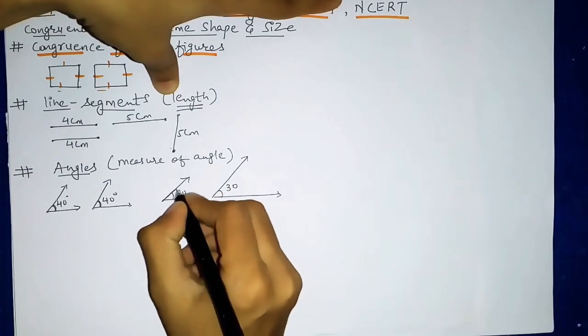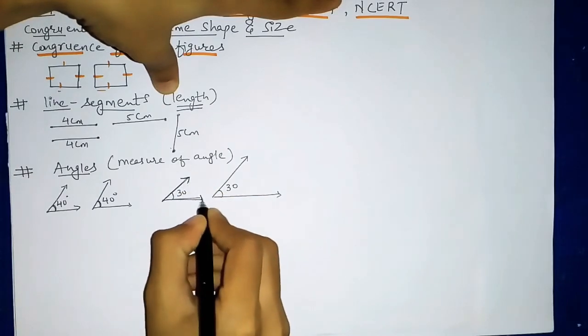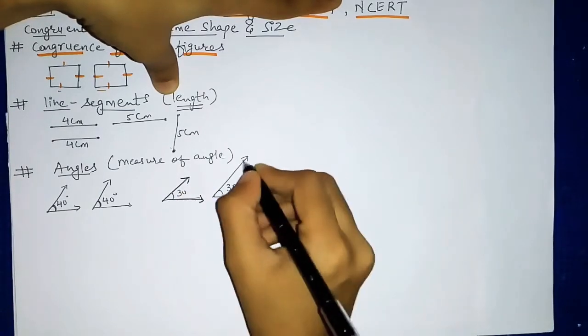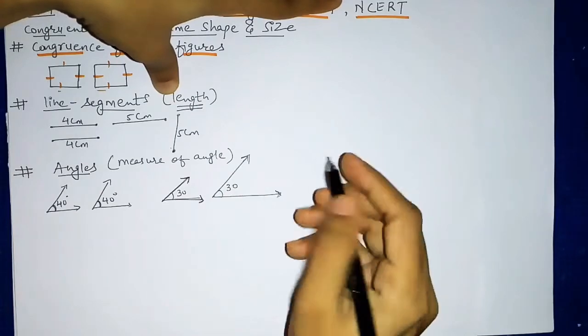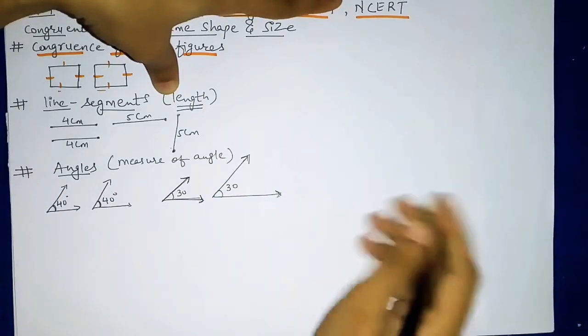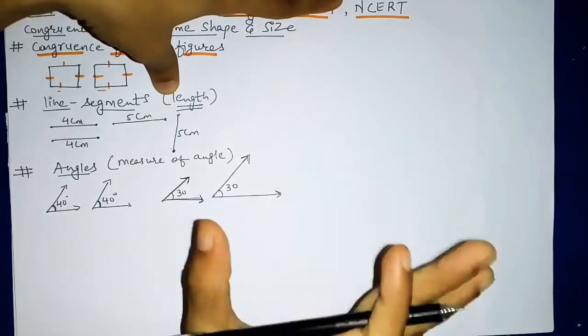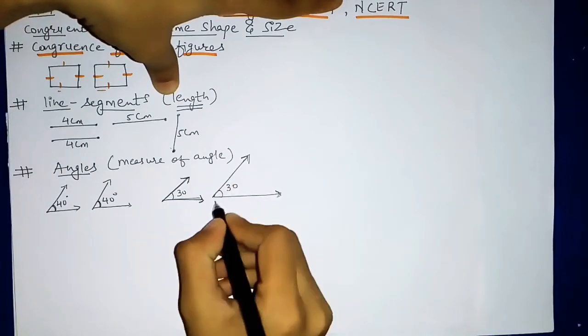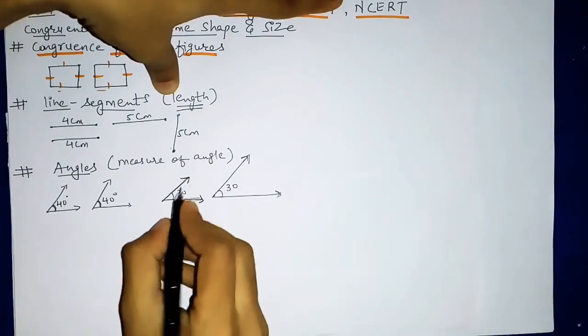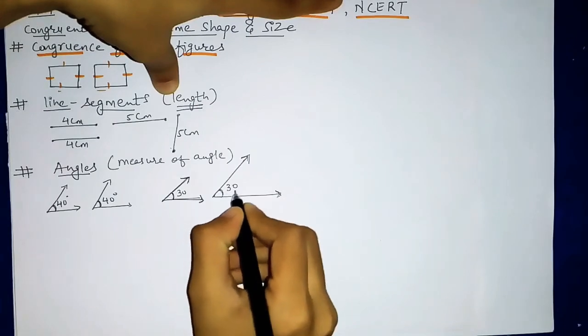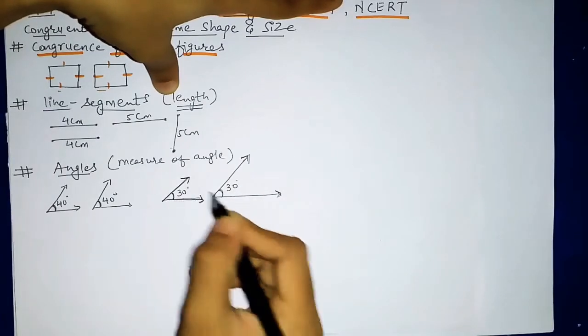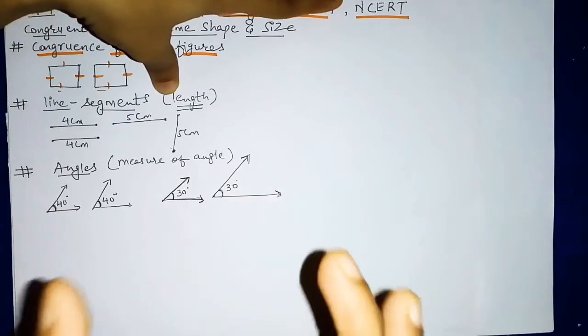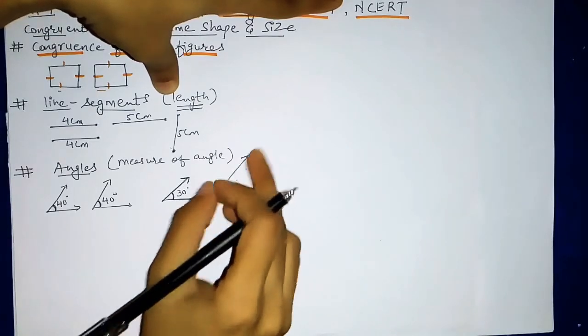Okay, ये जो इसका arm है, this arms are shorter, and here the arms are stretched out. Okay, now third figure, if I draw, the arms are stretched out more. Okay, so this arms does not matter. अगर ये arms थोड़ा लंबा है दोनों, तो उससे फर्क नहीं पड़ता है, हमको सिर्फ ये एंगल मेजरमेंट देखना है. अगर ये 30 डिग्री है, ये भी 30 डिग्री है, it means they are both congruent. So you don't have to see these arms.